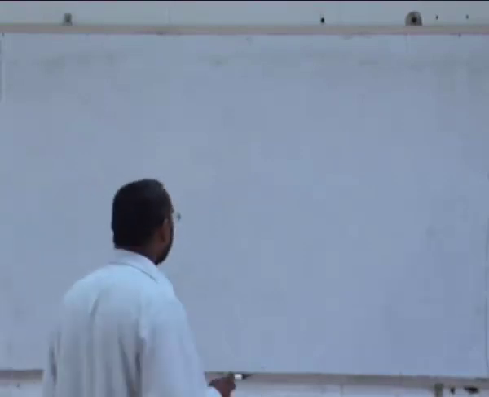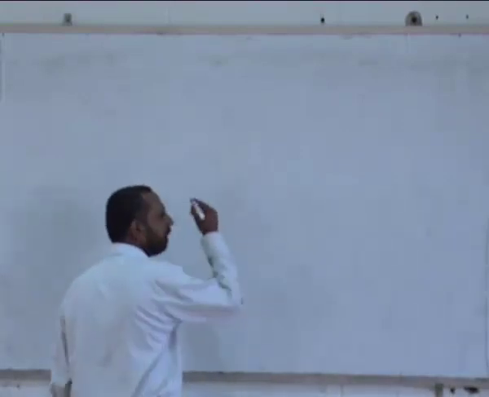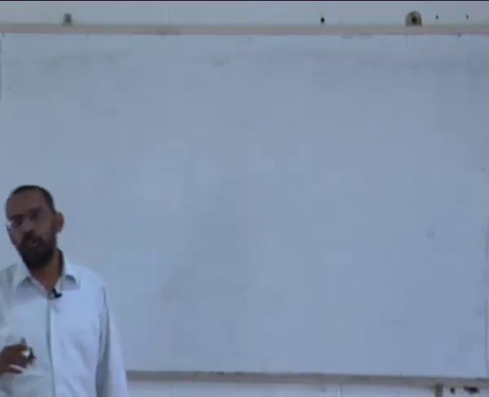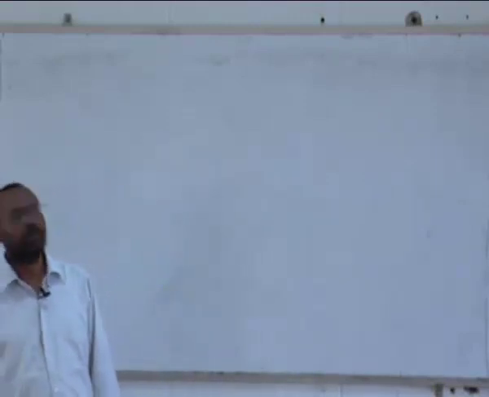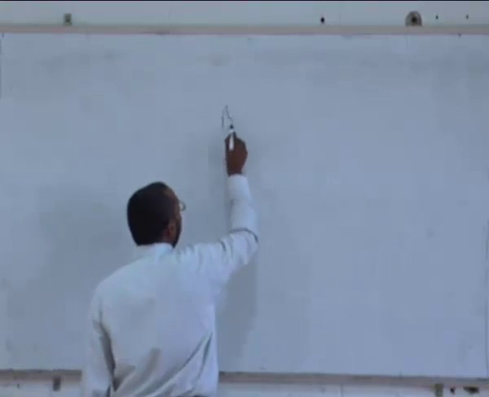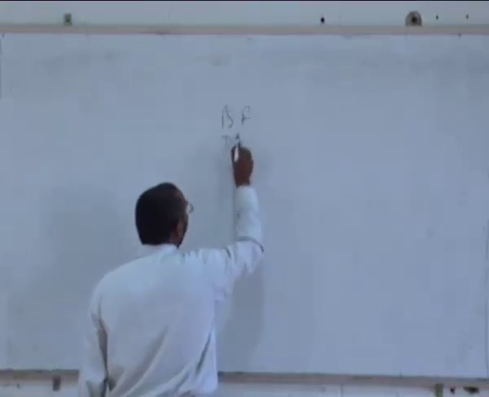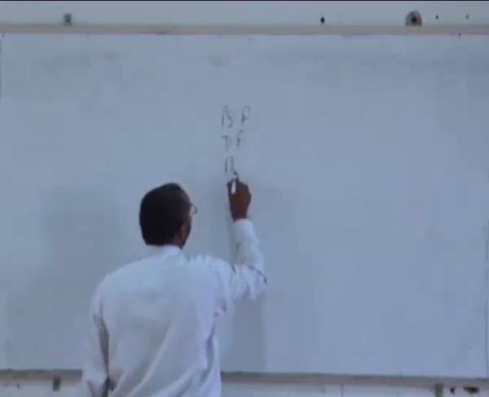And in this context, we need to understand there are three imaging modes in which the TEM is usually used. One is called bright field, another is called dark field, and the third one is called phase contrast.